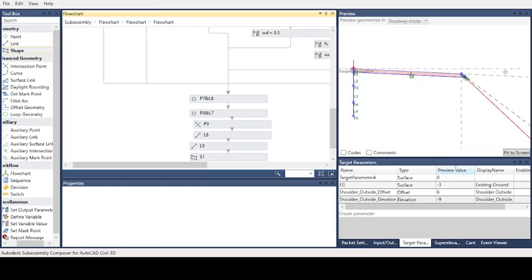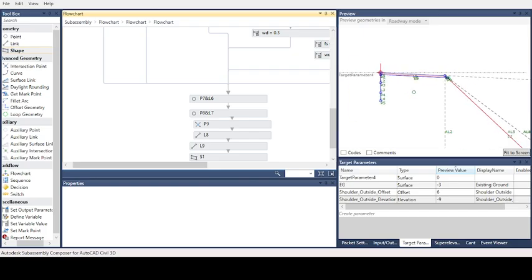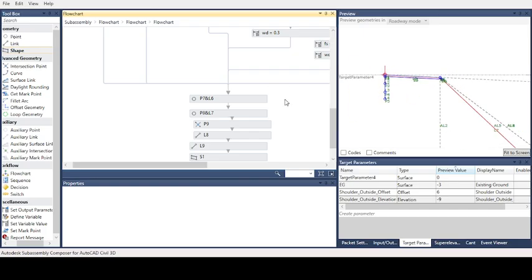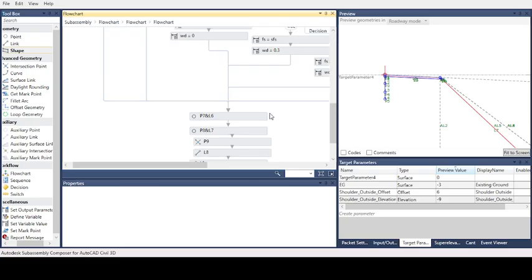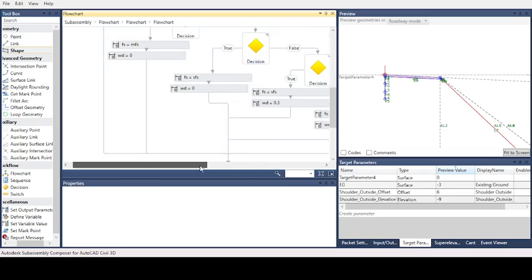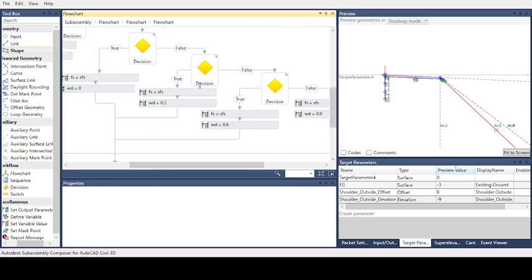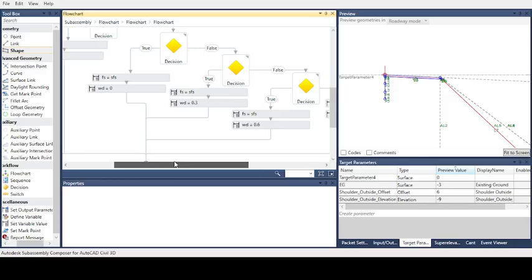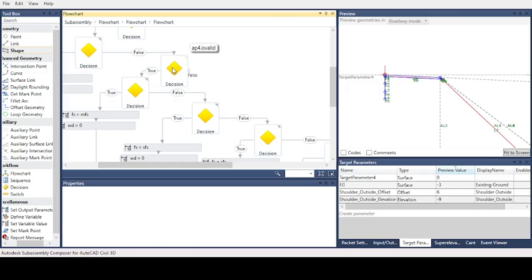We will continue working on the other sections in the next lecture. For now, this is the recap. We worked on the widening value for different sections, for different fill slopes, and if there is anything not clear, you can write in a comment.